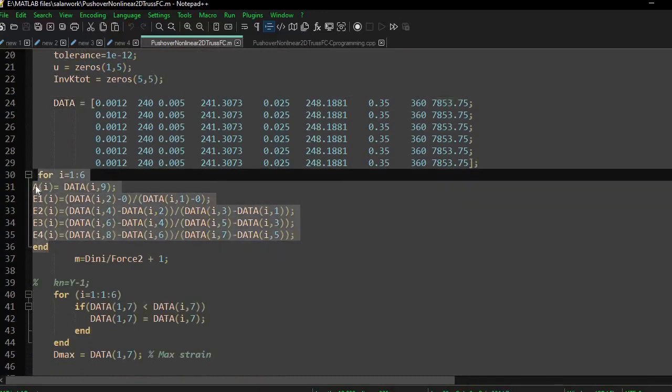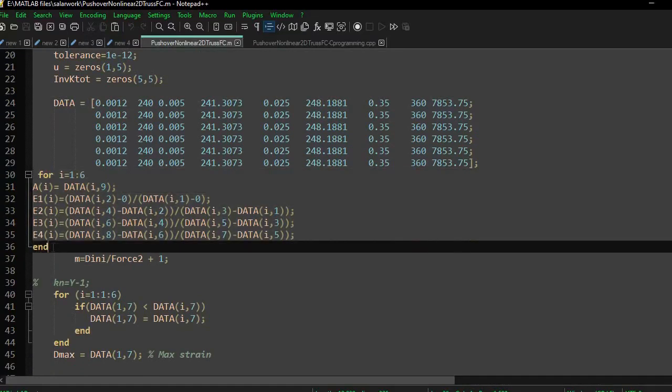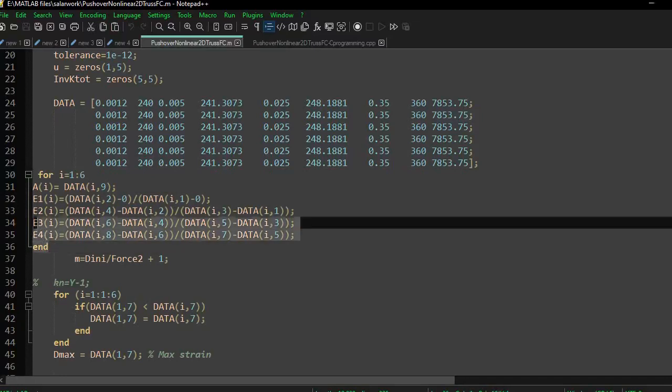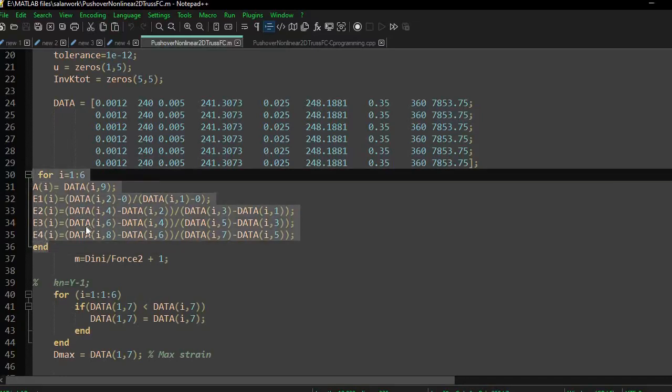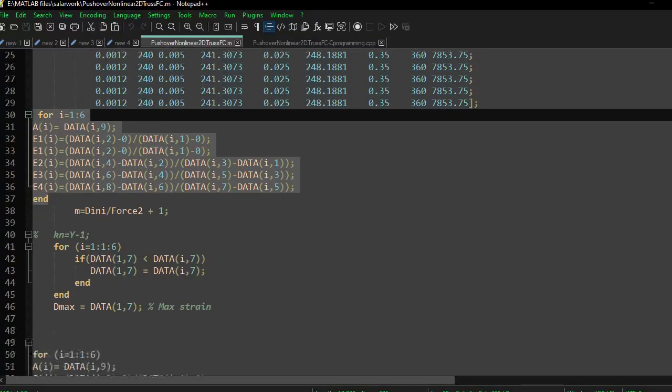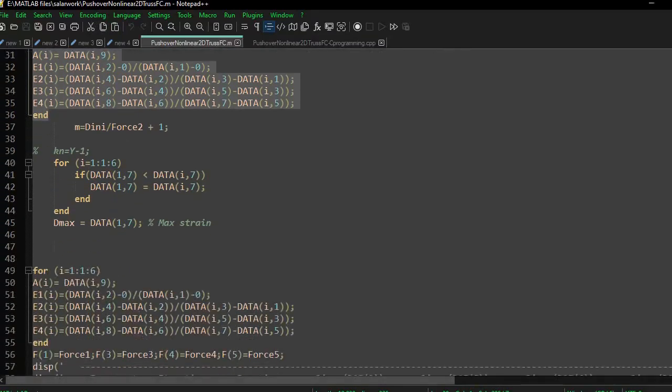You see in here, and you see all the slope of this, actually tangent elastic, calculated in here,